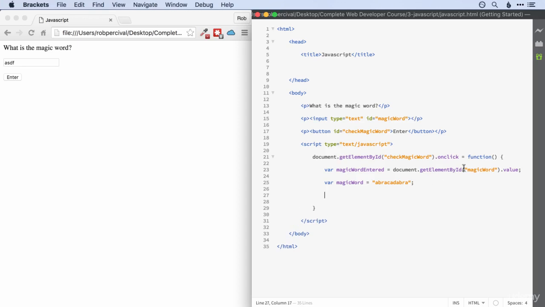And now what we want to do is set up our if statement. And it's pretty straightforward, hopefully. So if, and then parentheses, so if magic word entered is equal to, and remember we need the double equals because we're checking whether or not it's equal to rather than setting it equal to. So if that's equal to magic word,